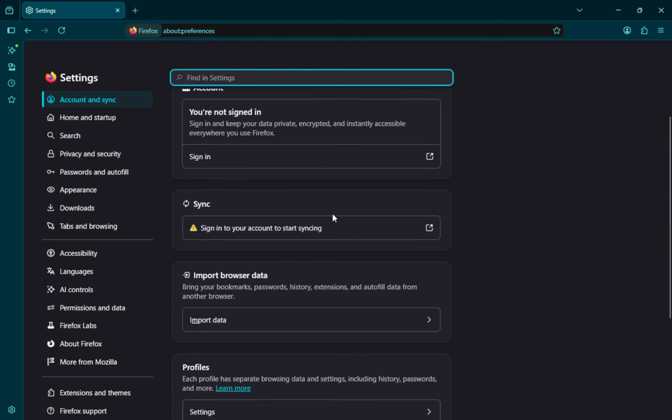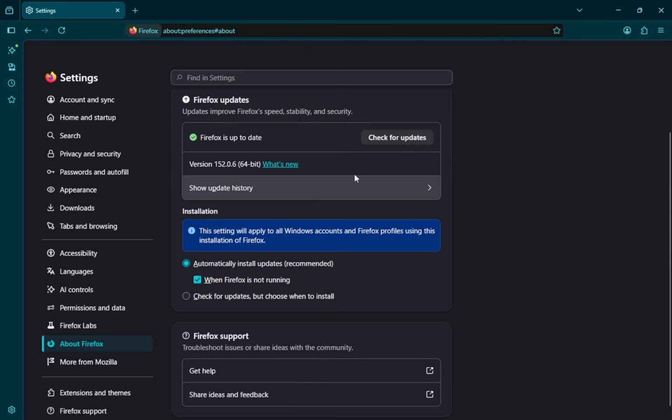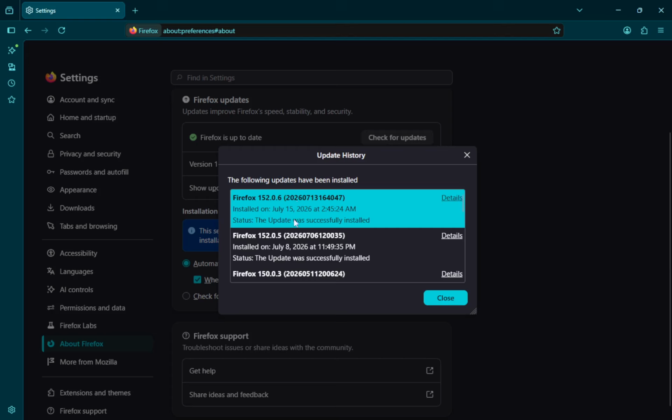This little step can save you from potential issues in the future and helps tailor your browsing experience to your preferences. With these steps, you are now equipped to ensure that your Firefox browser remains up to date. Regularly checking for updates not only enhances your browsing experience but also keeps your online activities secure. Remember, a few simple clicks can make a significant difference in your internet safety and efficiency.